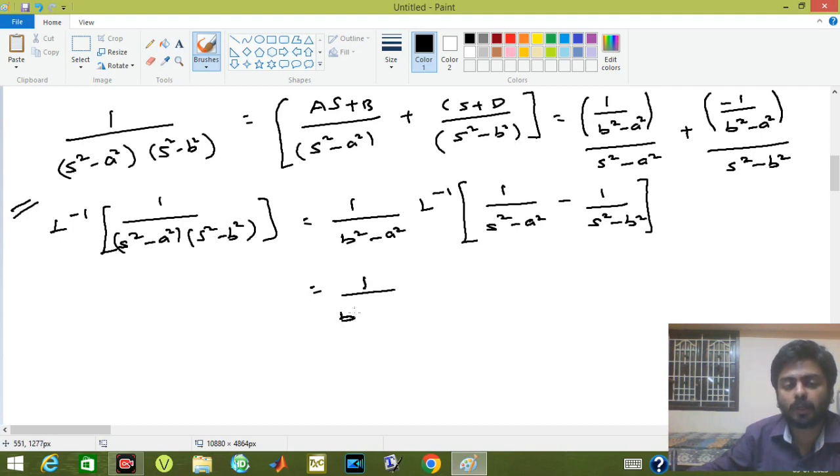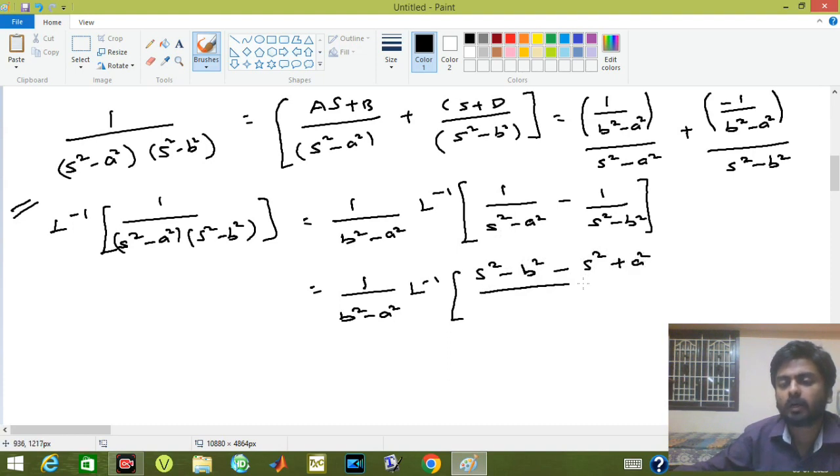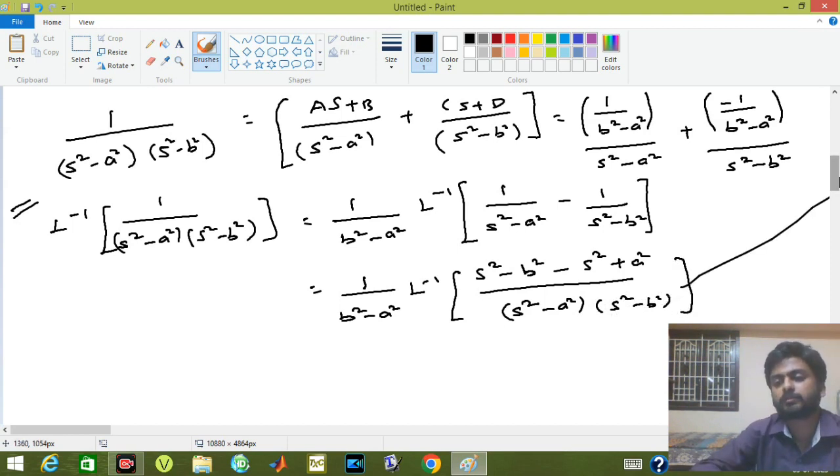So 1 by b square minus a square, L inverse of a square minus b square minus a square, minus of minus will become plus a square, whole divided by a square minus a square into a square minus b square, that is